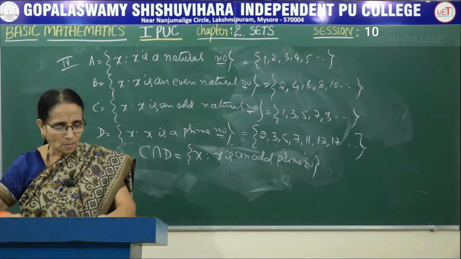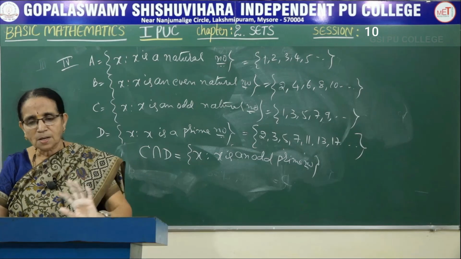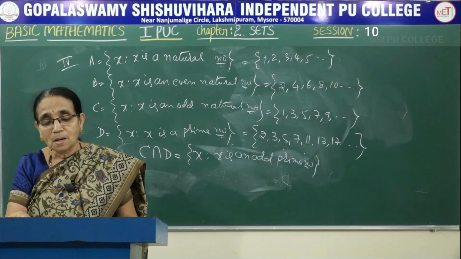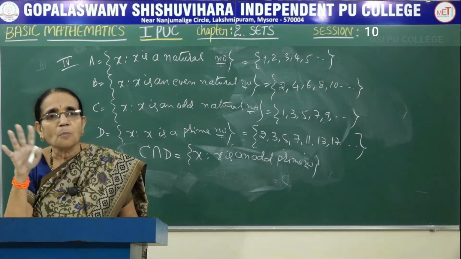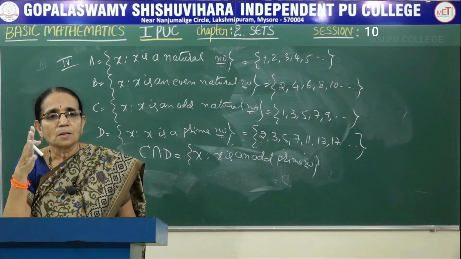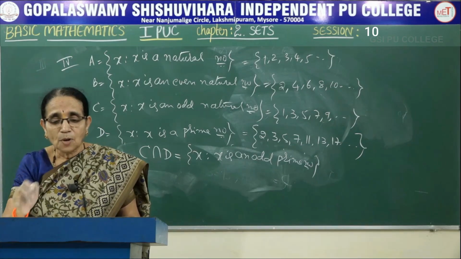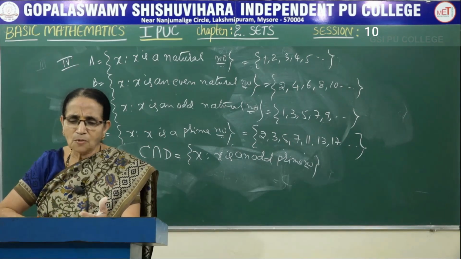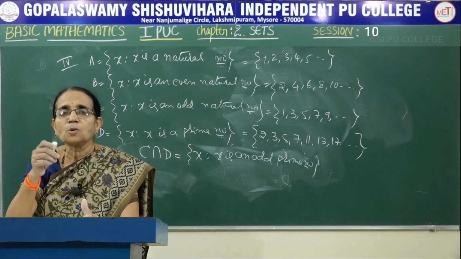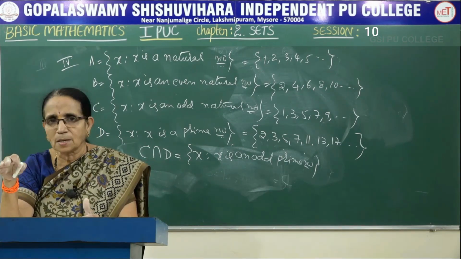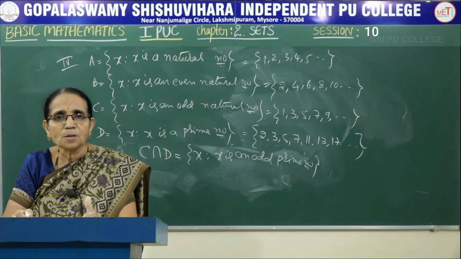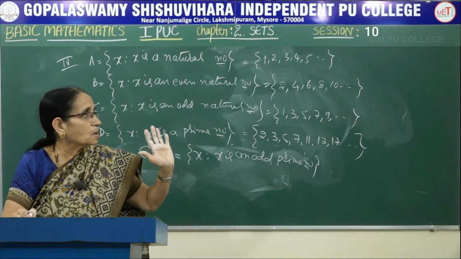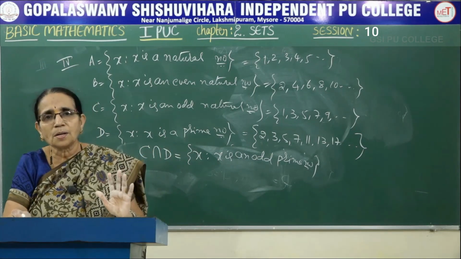Okay, I'll continue in the next session. In the next session also, you come prepared with the knowledge of the properties of union and intersection, because we are going to prove certain properties, the associativity or the distributivity. This could be expected for a higher mark question. They ask you to show that (A union B) union C equals A union (B union C), like that. So go through all the properties which I have given in the earlier session, and then come prepared so that you can understand whatever calculation I do on the board. Now you can follow it carefully. Thank you.